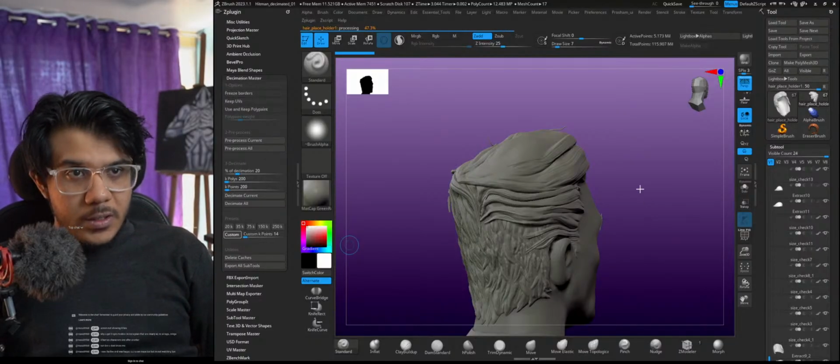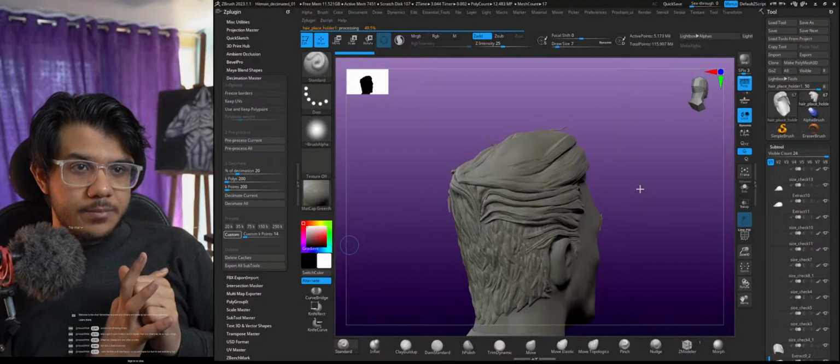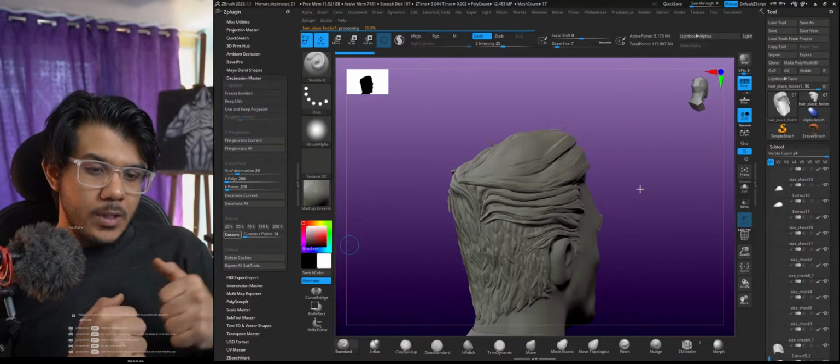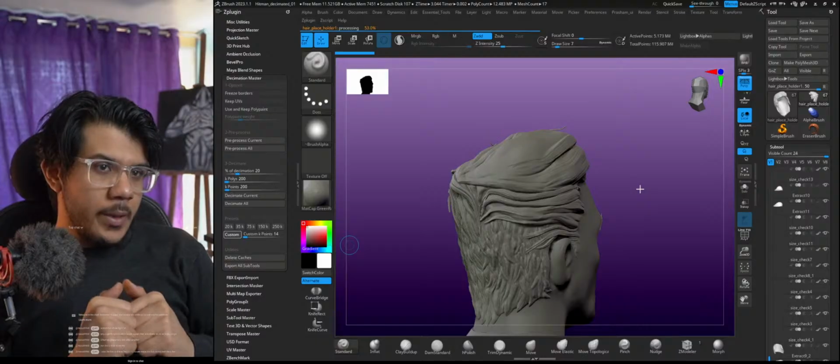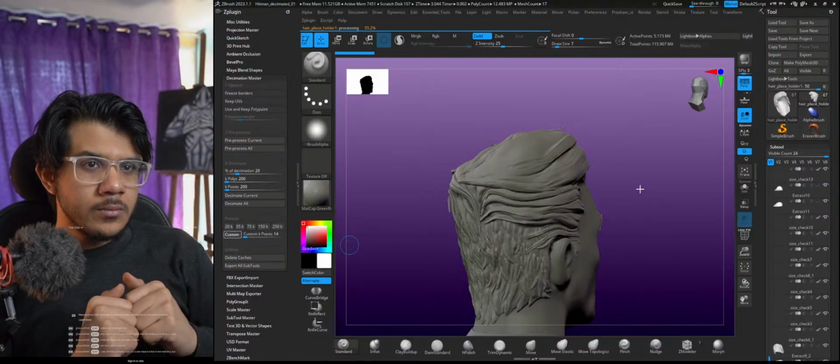It takes a bit longer to decimate the model. I mean, the processing time is